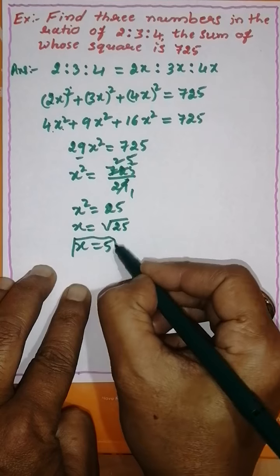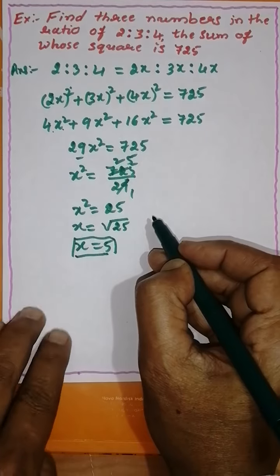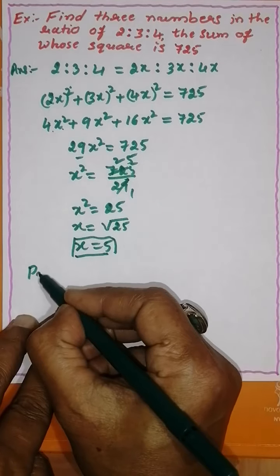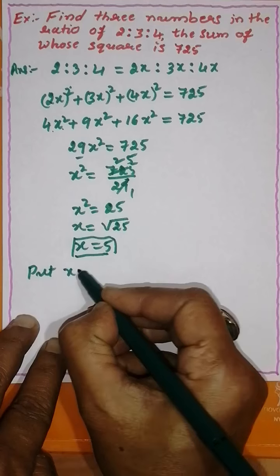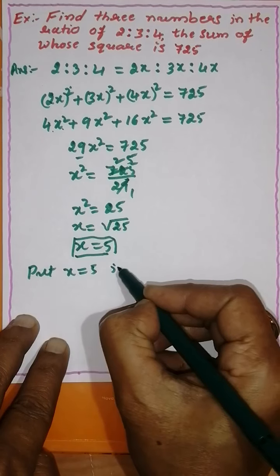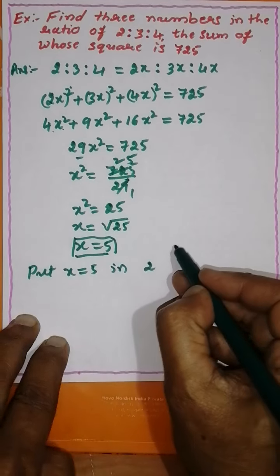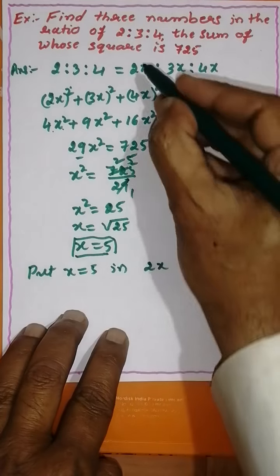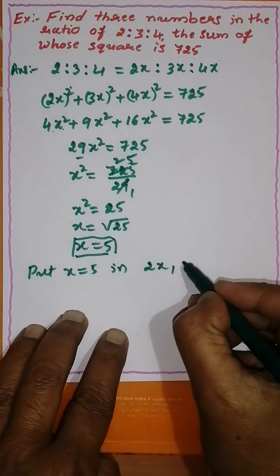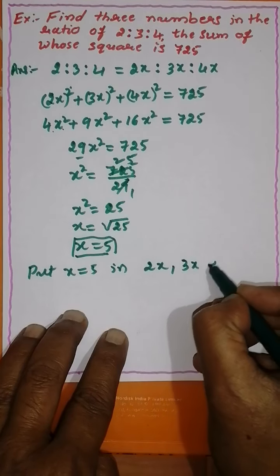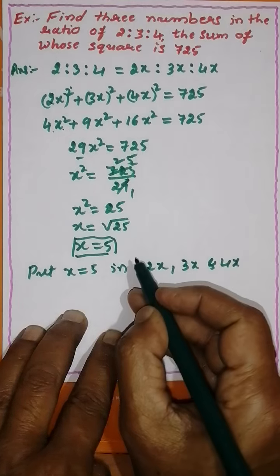The x value is 5. Therefore, put x equal to 5 in 2x, 3x, 4x. 2x, 3x and 4x. Now